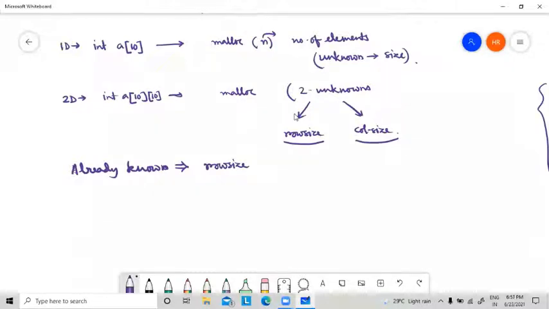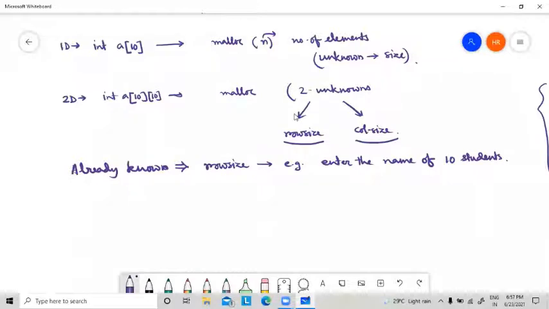Suppose for example, enter the name of 10 students. Just try to understand what I'm telling you. Enter the name of 10 students.